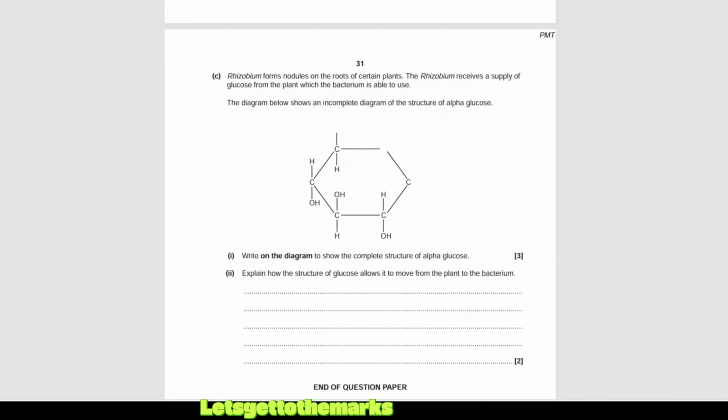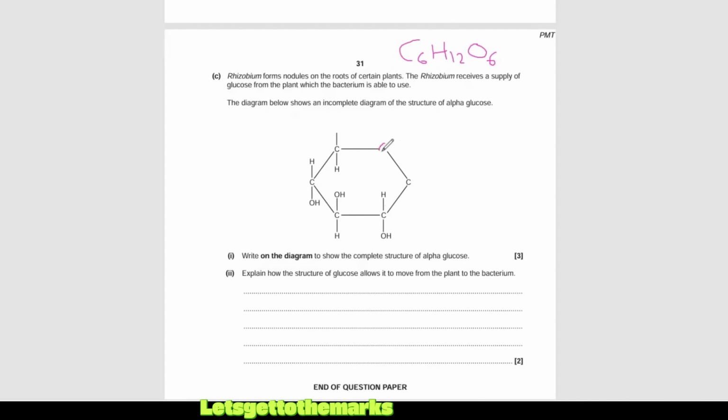Right, let's go. I'm going to add the bits on, and guess what? I'm going to use pink. So how many carbons are in glucose? Just remember, you've got C6H12O6, and you know that from GCSE. Use that as your checker to make sure that you've added everything in. So we've got 1, 2, 3, 4, 5 carbons. I need to add 1 more carbon in. Now, some people will make the mistake and add the carbon there. That's not where the carbon goes.